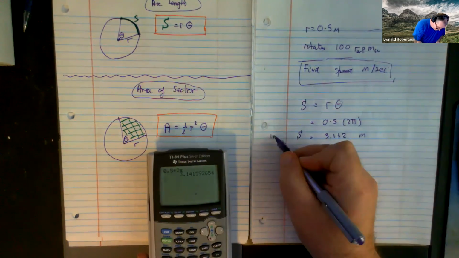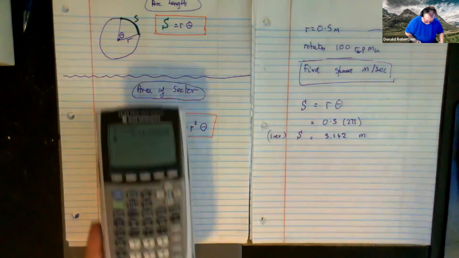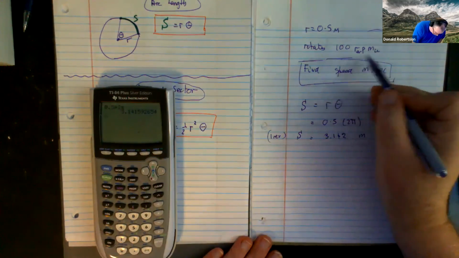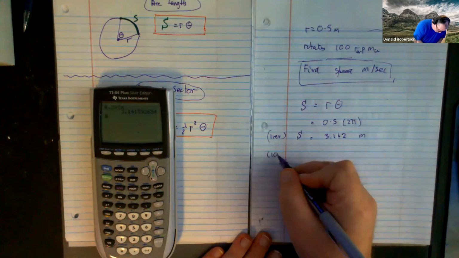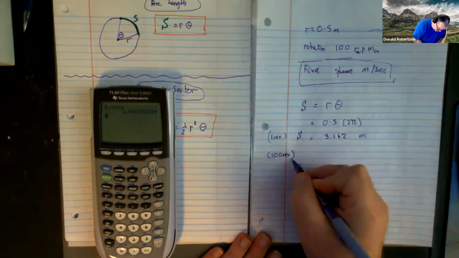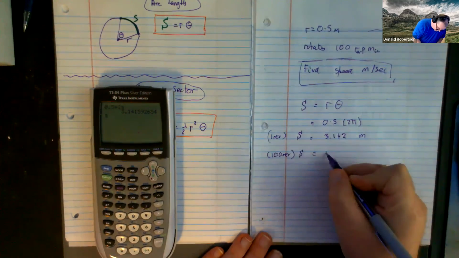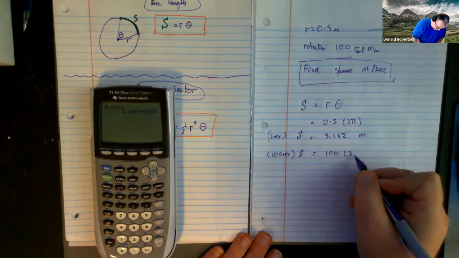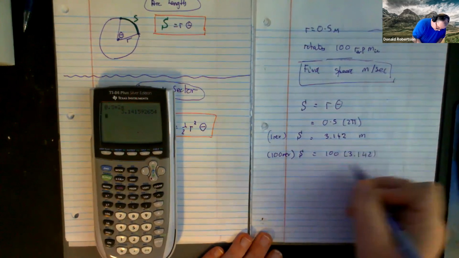And so that's one revolution. Now, if you do 100 revolutions, then the distance would be 100 times 3.142, which is